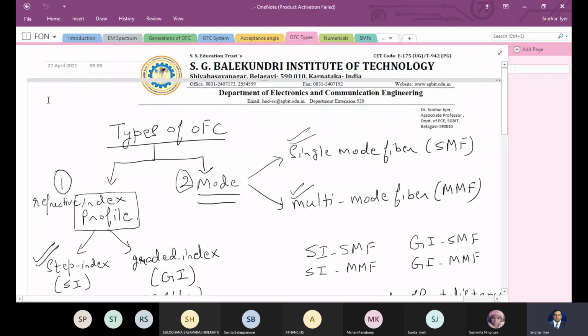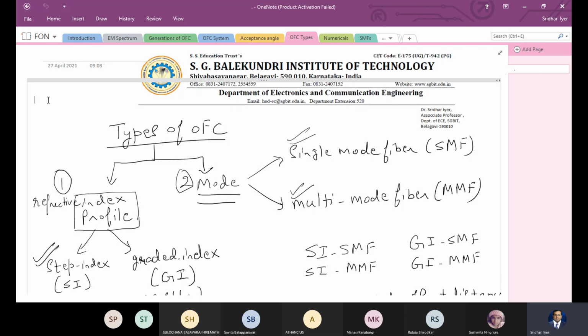So good morning, students. Let's proceed with what we had done in the last class. Let's quickly recap what we have already done till now, and then we'll proceed. So we have seen what is an optical fiber, how it works, how the light will propagate inside the fiber through Snell's law and total internal reflection. We've seen what are the conditions for light to remain inside the core of the fiber.